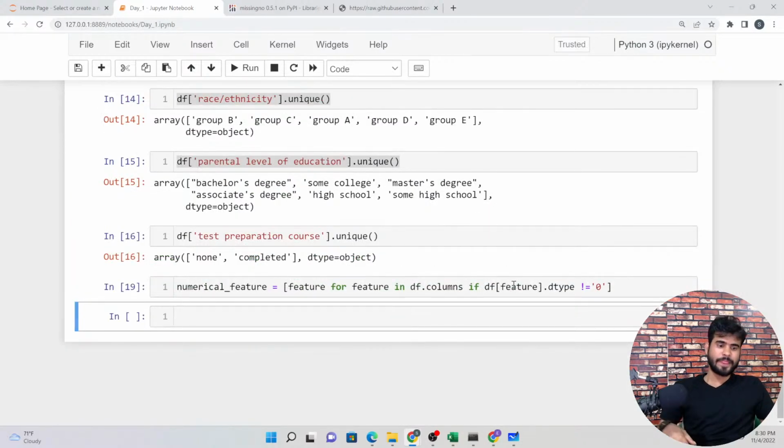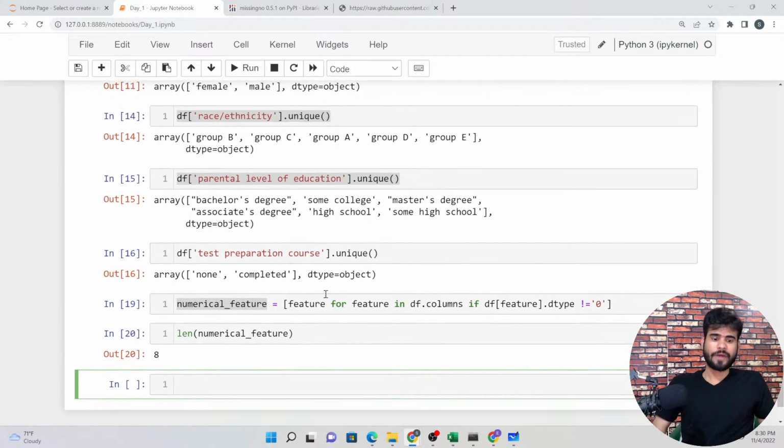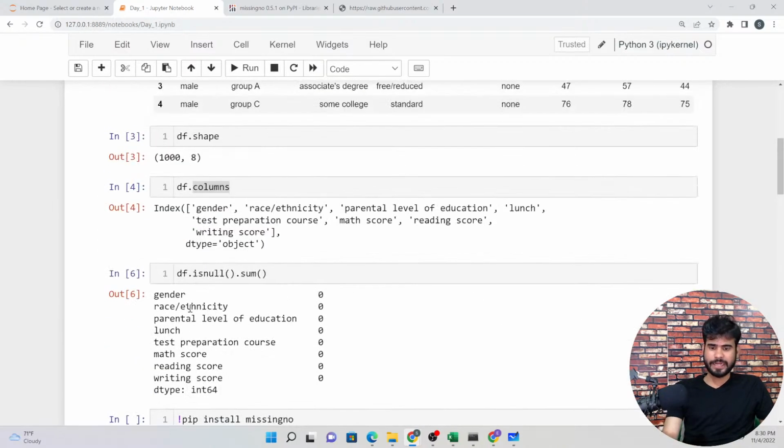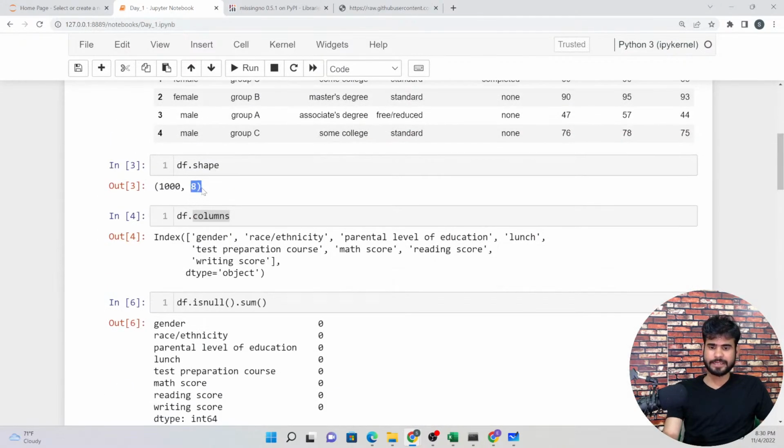Okay, now I will explain, don't worry. Let me check the length of this first. Okay, fine. So what I am doing here, as you can see, is using the list comprehension. We are getting all the data, right? Here are the 8 columns that we have.